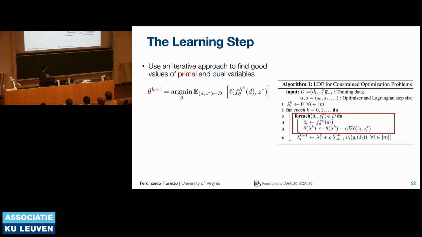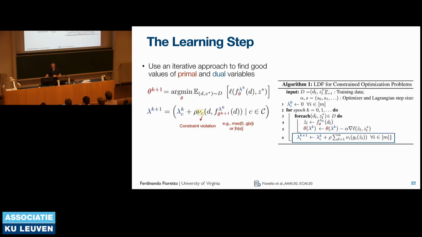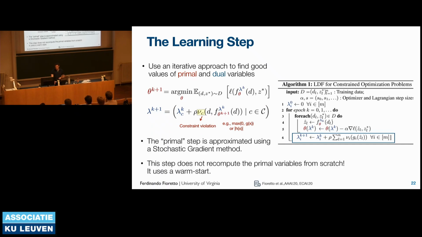line 5 over there. And then, once that step is completed for one epoch, you run an update step, which simply updates the Lagrangian multipliers associated to each constraint, and this is done emulating a Lagrangian dual update step, right? So here we're essentially saying, how much do you violate the constraints given the primal that I have approximated in iteration k, and then we're updating the Lagrangian weights based on that constraint violation, right? And we keep iterating. And this is essentially what you do.